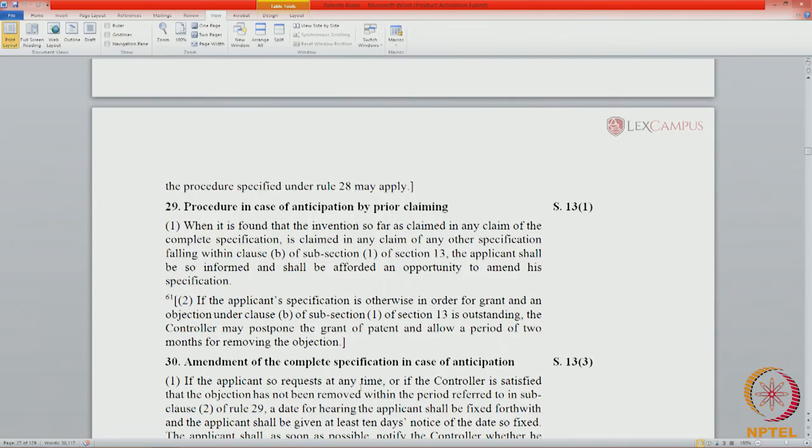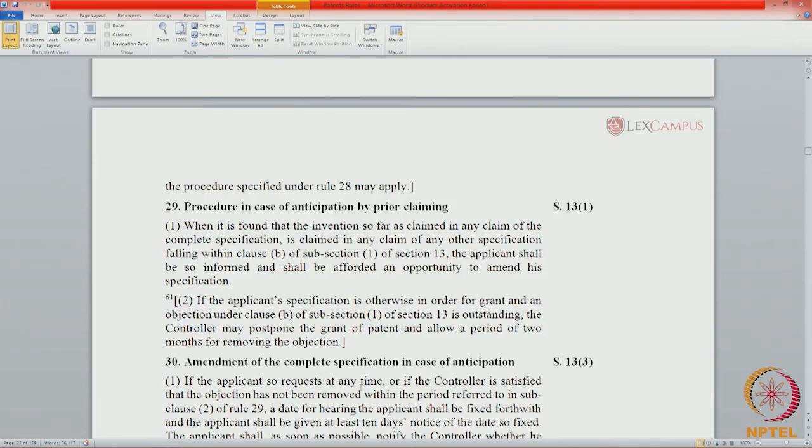So you could have a question: under Rule 29 or section 13(1)(b), if there is an outstanding objection, what is the time period that the controller shall give for removing the objection? 1 month, 2 months, 3 months, 4 months. You could have an objective type question based on this, because it's a very particular provision.